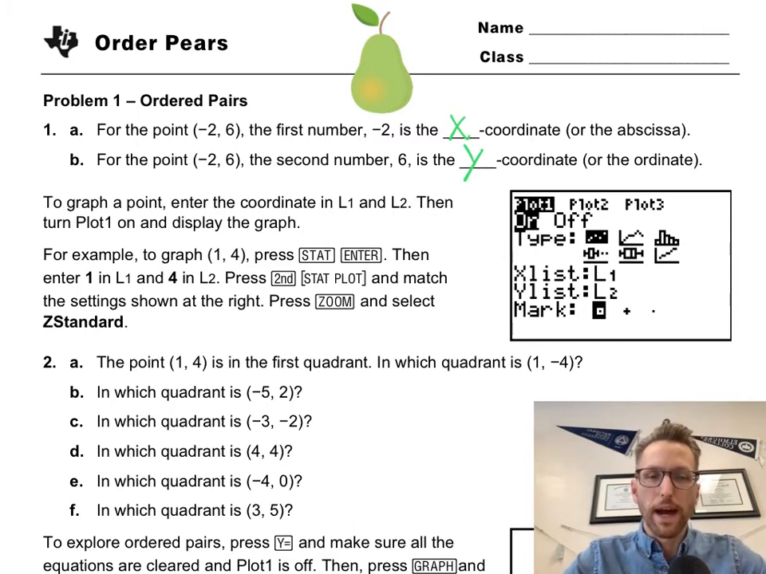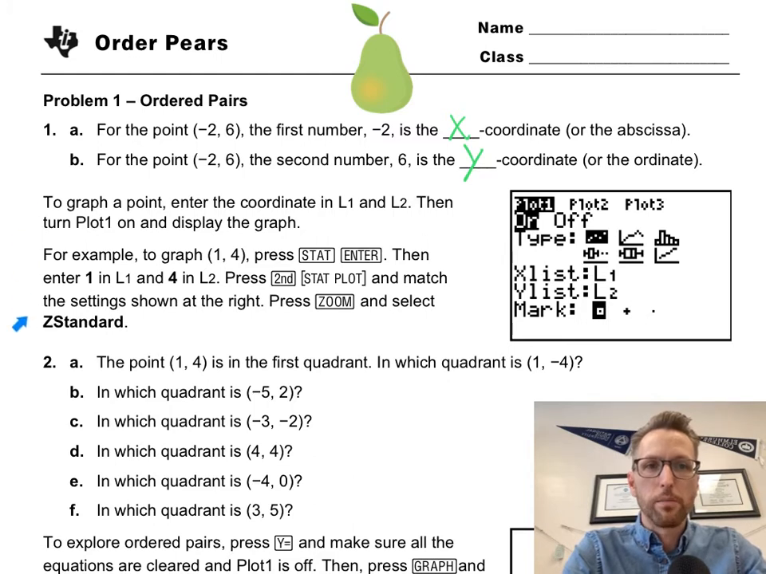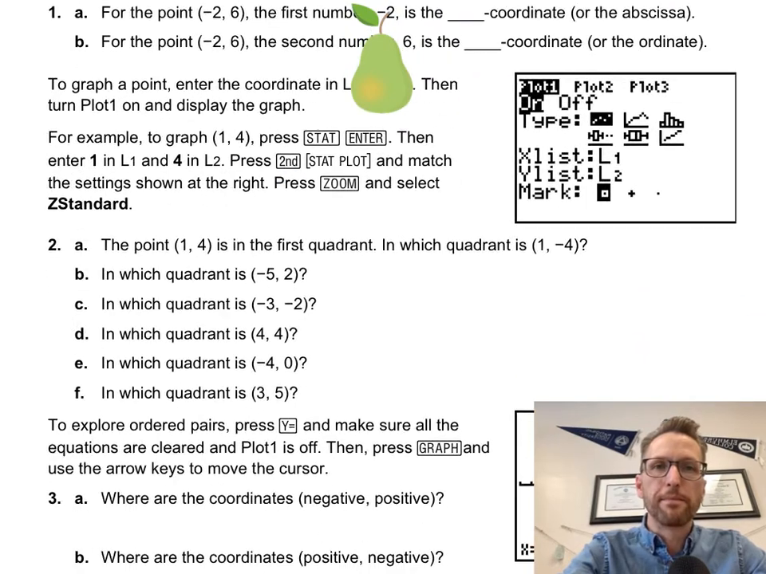All right, so I don't have a calculator visual because I showed you already how to do some of this stuff, which is basically to turn on your plot and to enter the points into lists. So that's what all this stuff is in the middle here: pressing stat and then enter for edit, and then entering 1 in list 1 and 4 in list 2, and to turn on stat. So let's take a look at